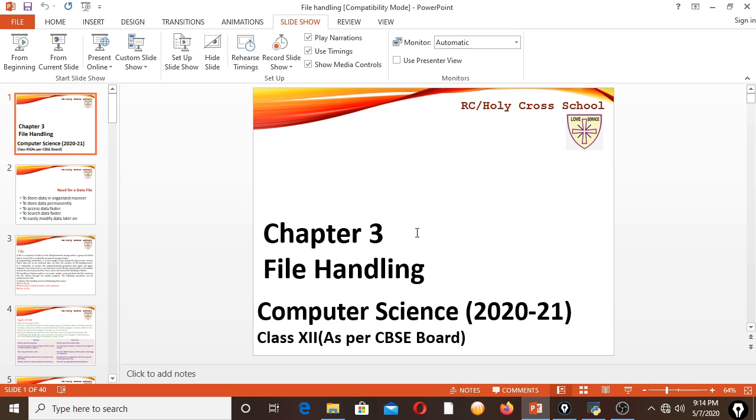Today in this topic we are going to learn file handling. I am going to discuss something preliminary related to file. According to the CBSE syllabus of computer science in 2021, you have to create a file, write data in a file, append data in a file, and work with data in a file.